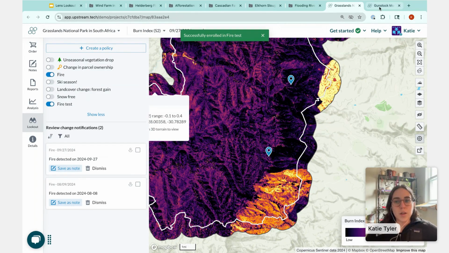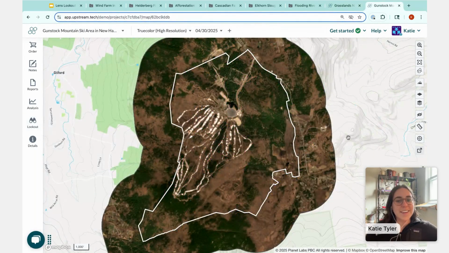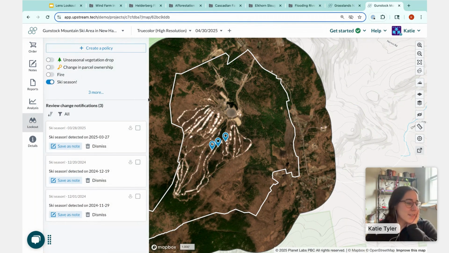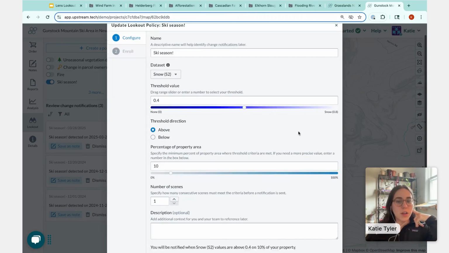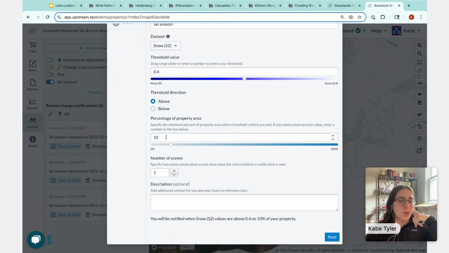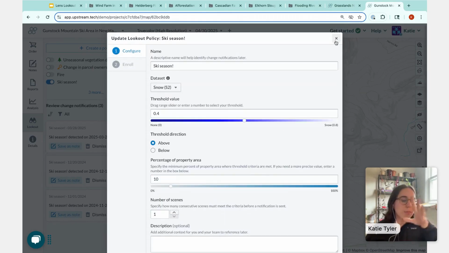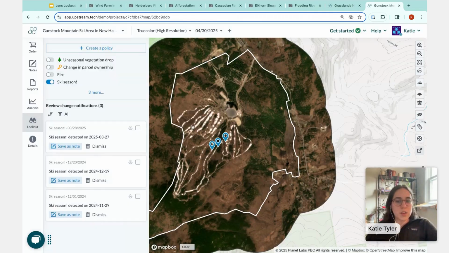I'm going to look at one more fun example here of a custom alert. So this is a ski mountain, and maybe I want to know when I can go skiing. I want to know when there's snow on this mountain. So here I've created a lookout to notify me when the snow index values are high, indicating a presence of snow. And even just if 10% is covered, because that's about the amount that the actual ski trails take up